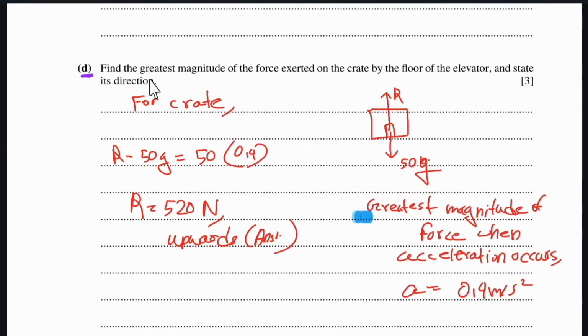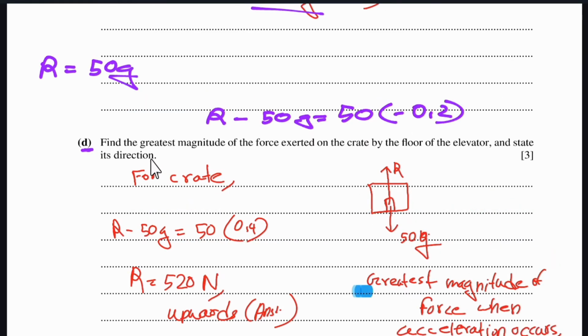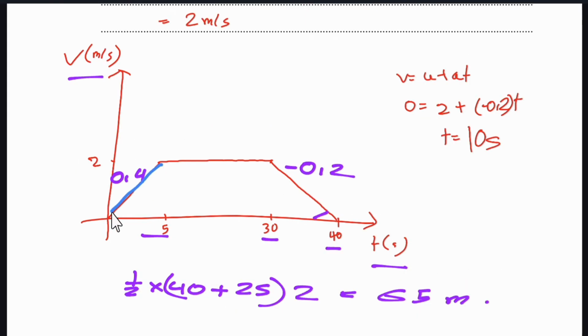crate. Find the greatest magnitude of force exerted on the crate by the floor of the elevator and state the direction. So this is a quite lengthy question, and this basically refers to the movement of the crate and the elevator, and for each of these parts we need to find which force is the greatest magnitude of force. So first of all, when acceleration occurs,